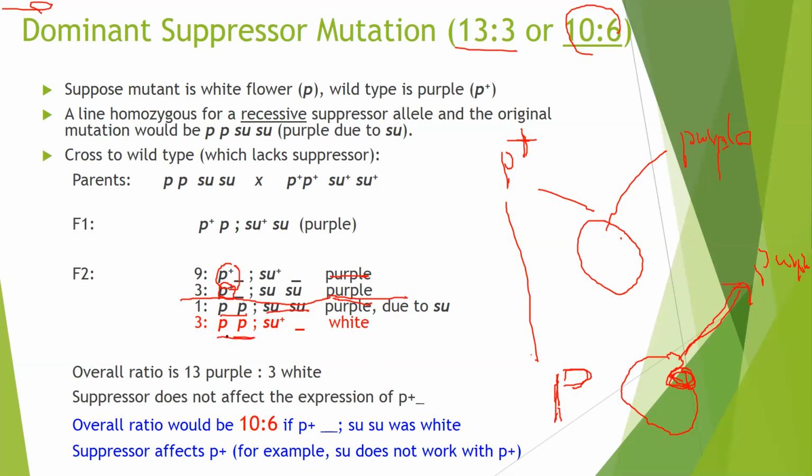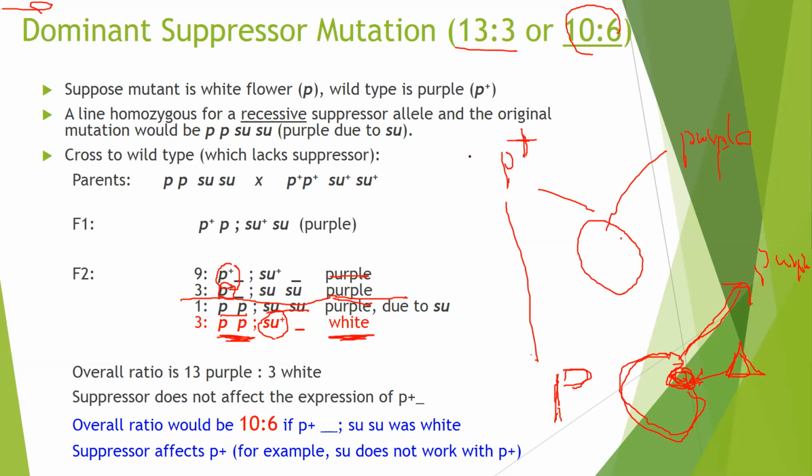However, if this mutant P gene produces something like this, but the suppressor gene is a wild type, it cannot produce an enzyme that can perfectly match this protein, then it will cause the mutant phenotype. Does that make sense? Yeah, so for the 13:3 ratio,